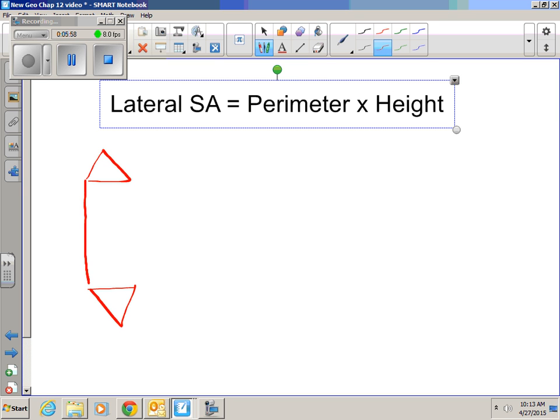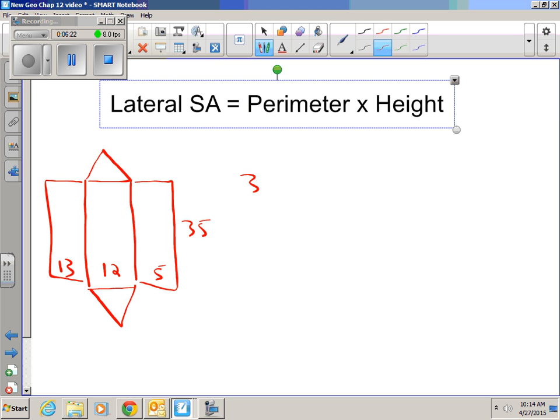I would have 3 rectangular surfaces. This was 35. The other sides were 12. Was one of them. One was 5, and one was, I think, 13. Correct. So if I take those 3 sides and add them up, I have a rectangle that's 35 by the